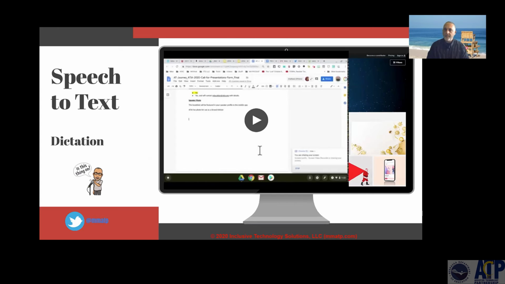The other thing is dictation, built right in, which again is really powerful because it extends the usefulness of things like voice typing. We use voice typing in Google Docs. It's powerful, but it only works in Google Docs. So now we can control